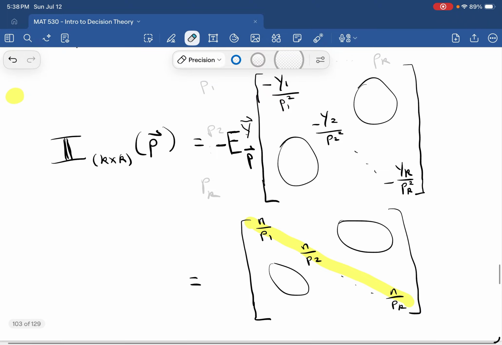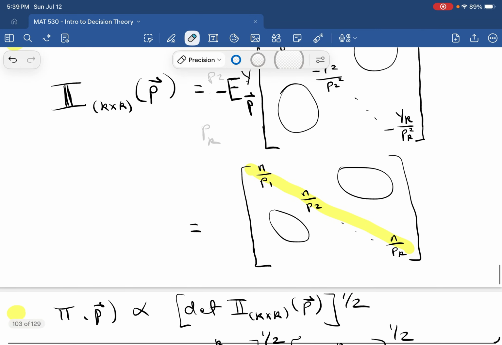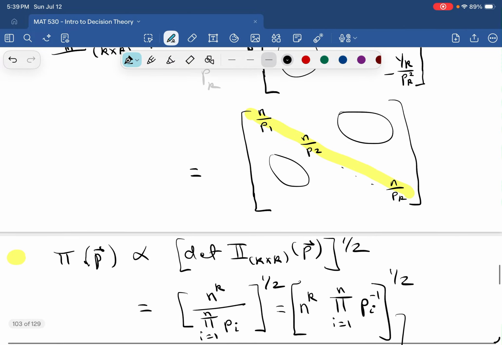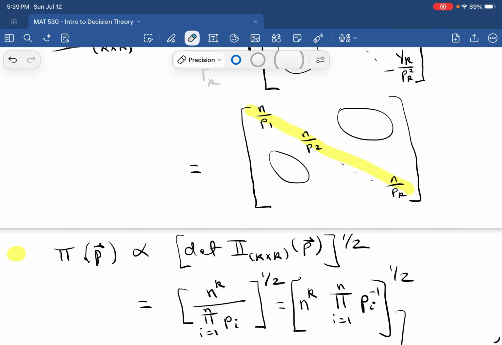And then when you simplify, we get the Fisher information matrix that we see there. And now the next step would be to take the determinant of this Fisher information matrix, but since this is a diagonal matrix, the determinant is just going to be the product of all the diagonal entries. And so we're basically ready to determine the Jeffreys prior. So the Jeffreys prior is proportional to the determinant to the 1/2 power, and remember that determinant is just the product of the entries along the diagonal, and then that raised to the 1/2 power. And from here we just keep simplifying,